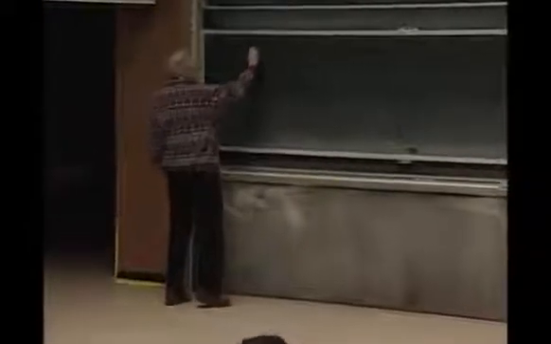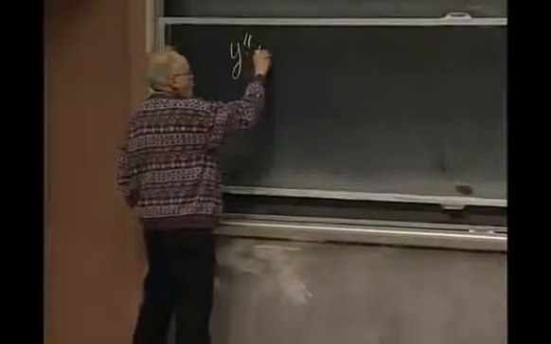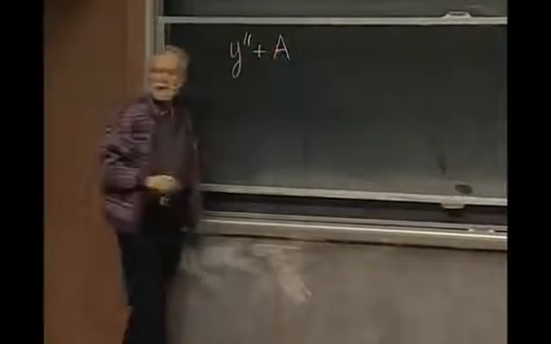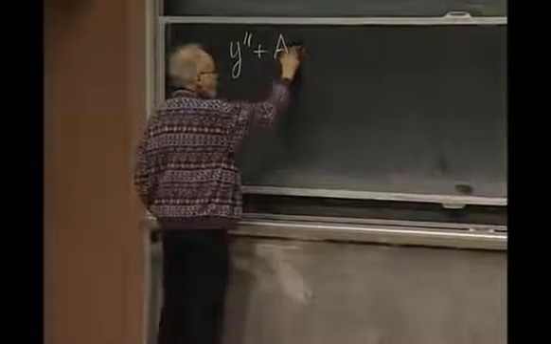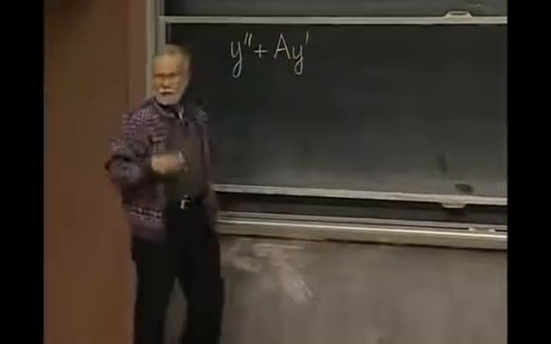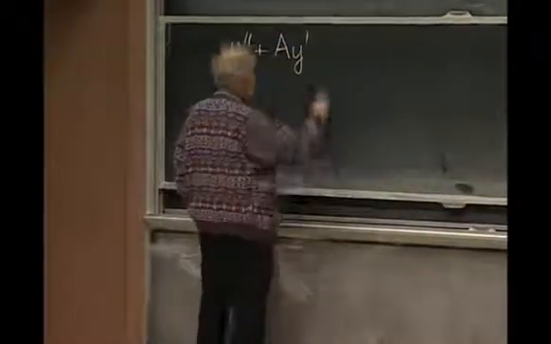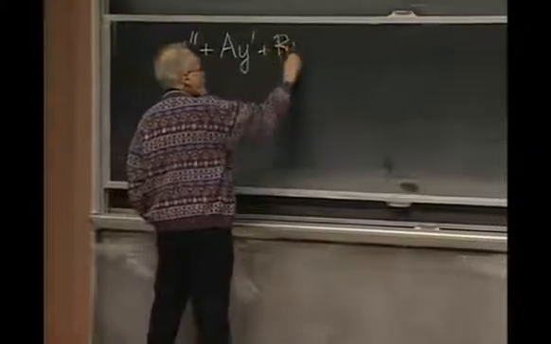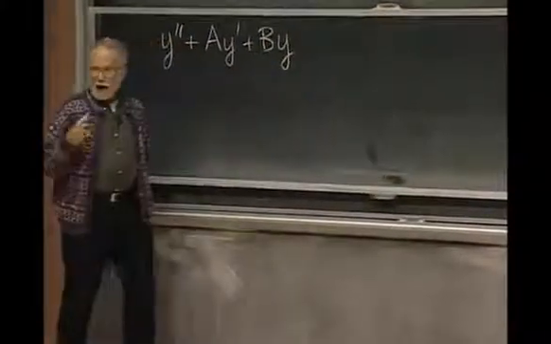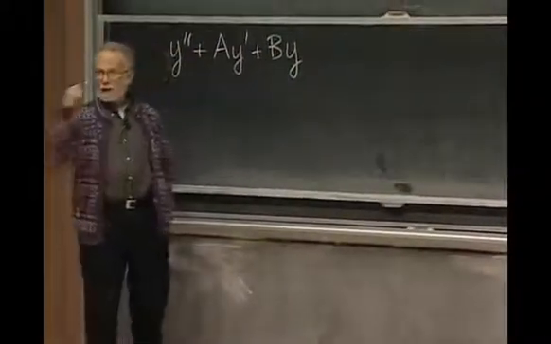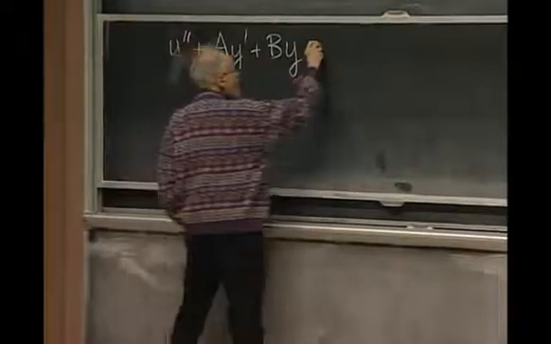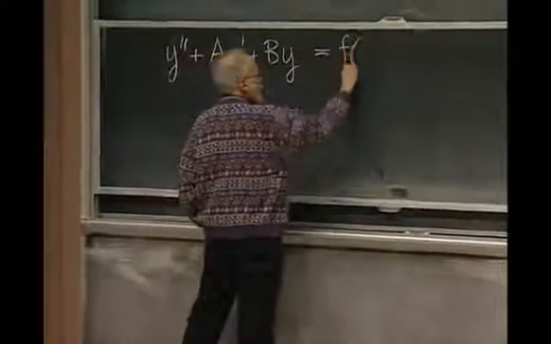The task for today is to find particular solutions. So let me remind you of where we've gotten to. We're talking about the second order equation with constant coefficients, which you can think of as modeling springs or simple electrical circuits. But what's different now is that the right-hand side is an input which is not zero. So we're considering the